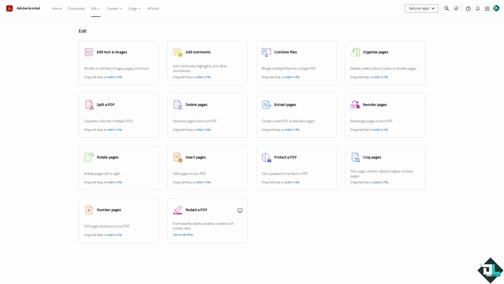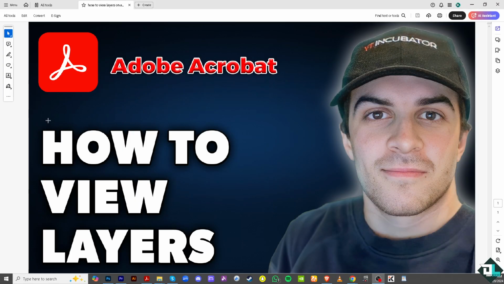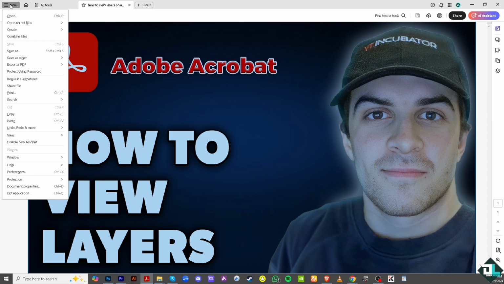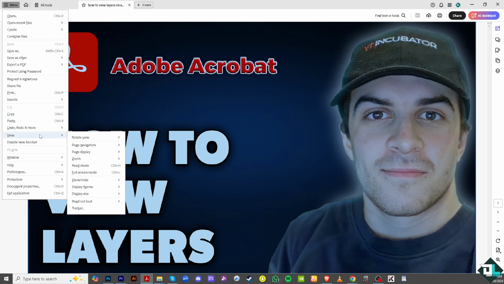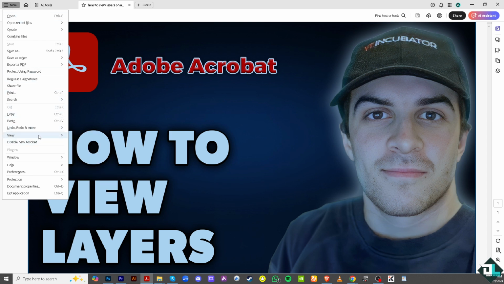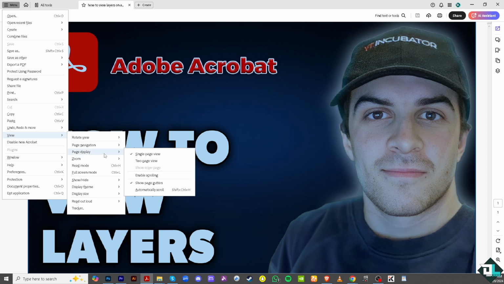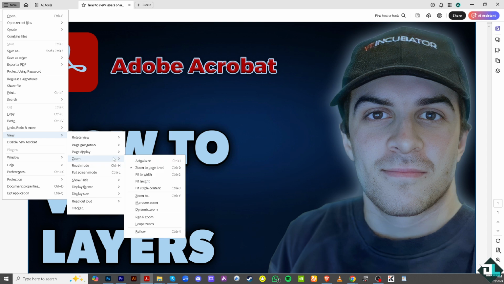All right, so I'm going to quickly switch to the Adobe Acrobat application, because in the application, all you have to do to be able to view the layers is go to the upper left corner where you can see the menu. So the shortcut is going to be Alt plus F, right? And go to the view section here. Click that. You should be able to hover to the option that says